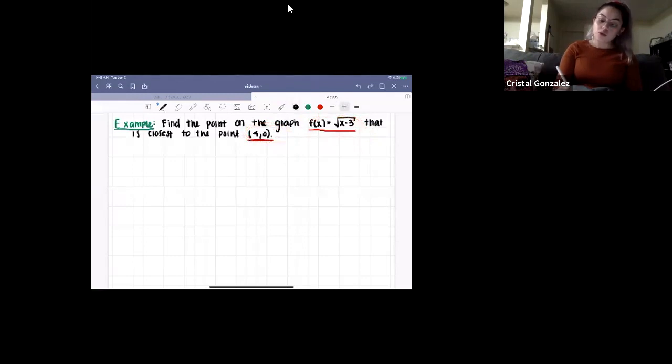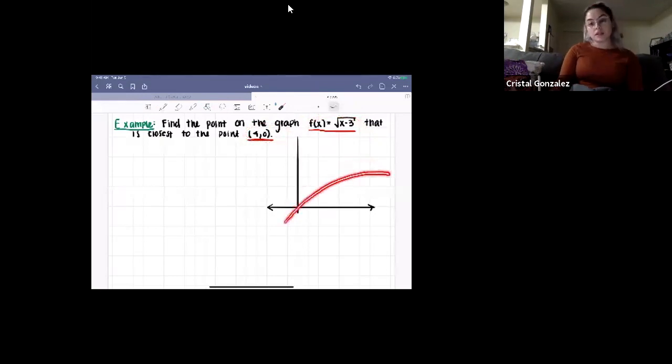So if we were to graph this function, I hope we all remember what our square root graph looks like. So remember that your parent graph of square root of x just looks something like this, right? And so the square root of x minus 3 means that we shifted over to the right 3. So that means that at this point, 1, 2, 3,